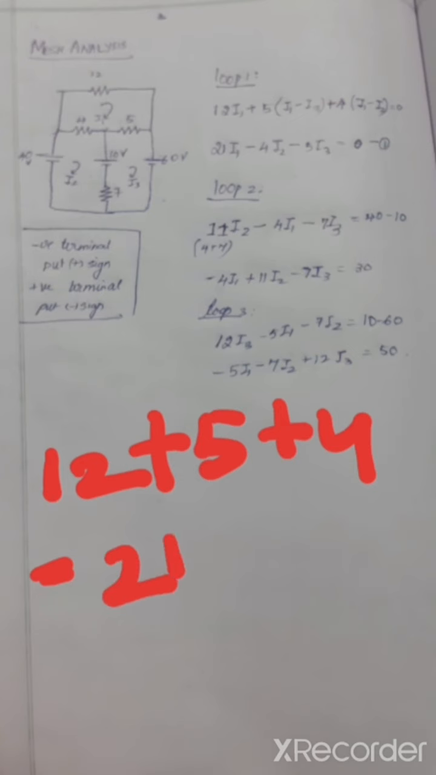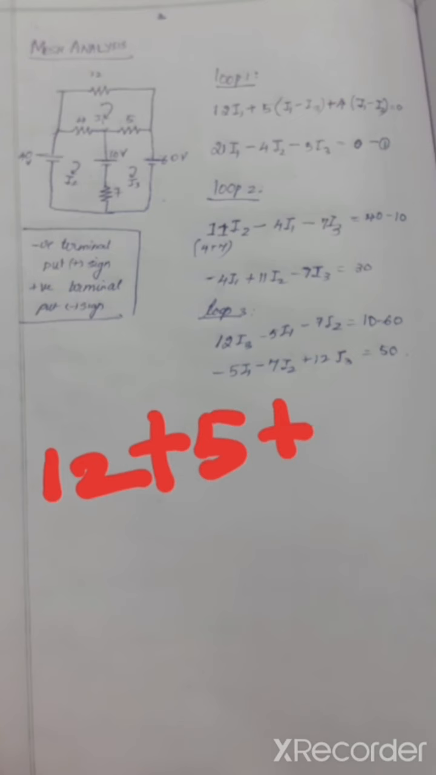So multiply this by I1, as you are giving preference to equation that it is loop 1, so the preference has to be given to I1. So I1 should be positive, and you have to write it as 21 I1. Okay. Now